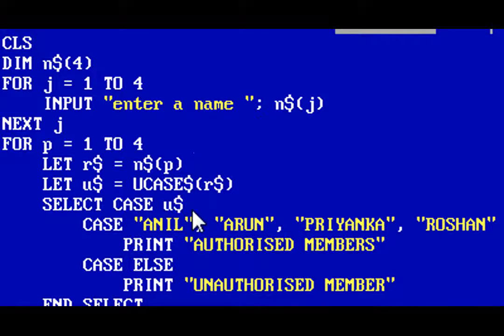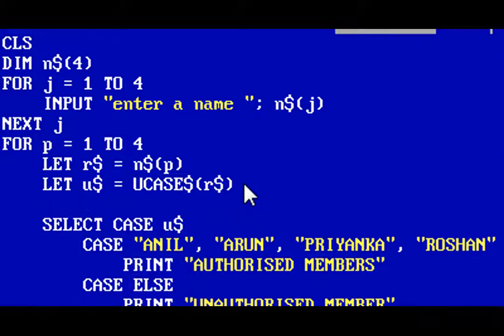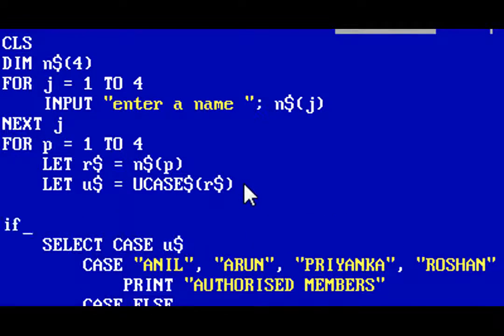If I would have written the if then statement, it would be very lengthy, as I would have to write if c$ equals Anil, hey wait a second, if c$ is equal to Anil, or c$ equals, and also the U should be small, don't make those silly mistakes.